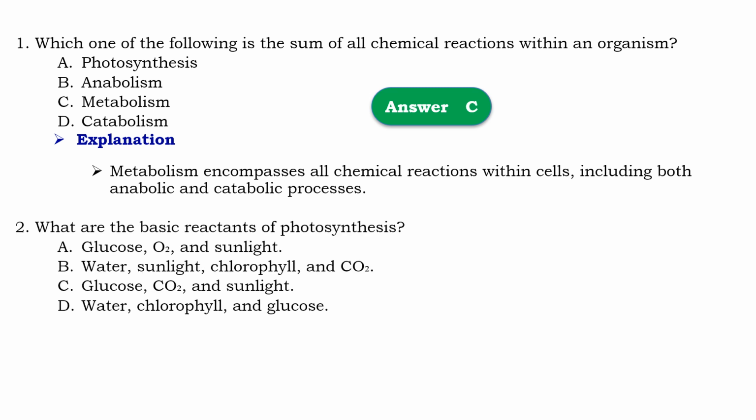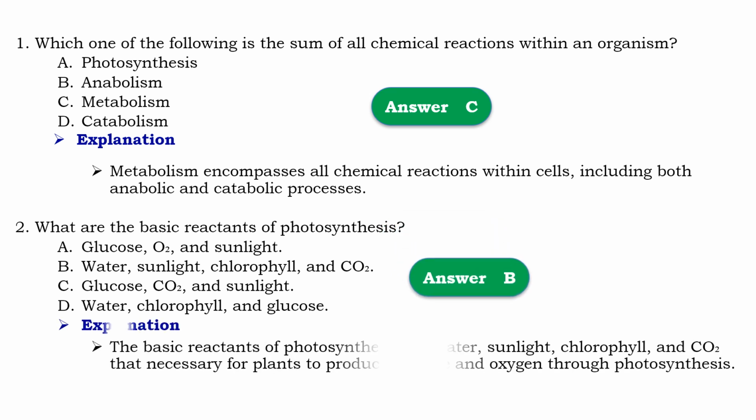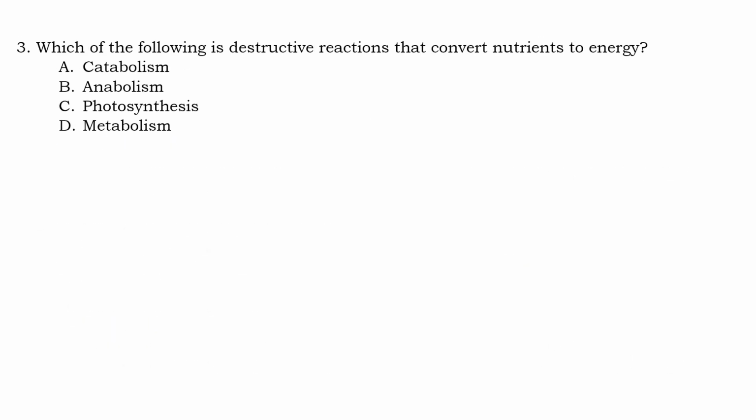Question number 2, what are the basic reactants for photosynthesis? ፎቶሲንተሲስ ለማካሄድ basic reactants የሚባሉት እነማን ናቸው ይላል። So that should be B, water, sunlight, chlorophyll and carbon dioxide. Means that the basic requirement for photosynthesis are water. ስለዚህ አንድ ፎቶሲንተሲስ ለማከናወን raw materials የምንላቸው የሚያስፈልጉ ነገሮች ውሃ፣ ፀሐይ ብርሃን፣ chlorophyll እና carbon dioxide ናቸው ማለት ነው። ስለዚህ እነኚህ አንድ ግሉኮስ ፕሮዲዩስ ለማድረግ እና ኦክሲጅን ፕሮዲዩስ ለማድረግ ፎቶሲንተሲስ ለማካሄድ እነኚህ raw materials ናቸው ማለት ነው።